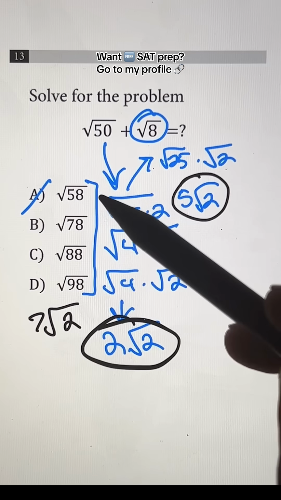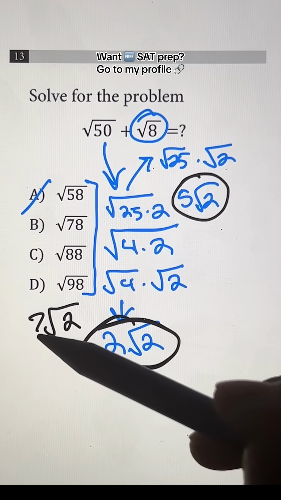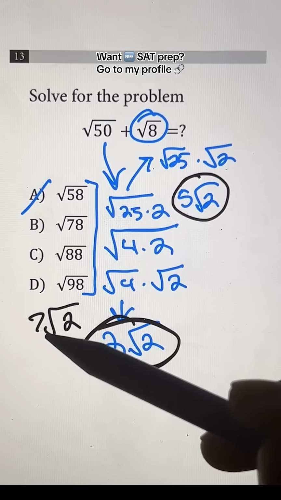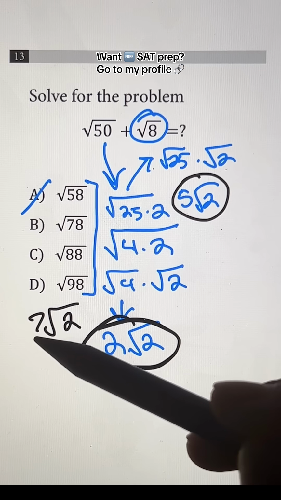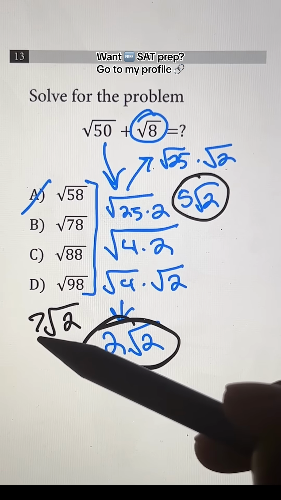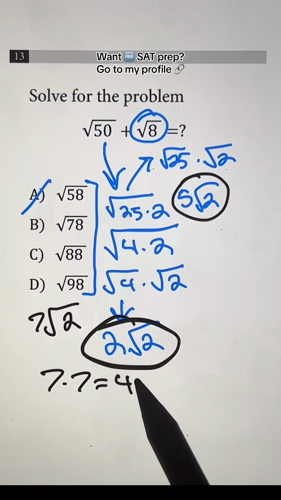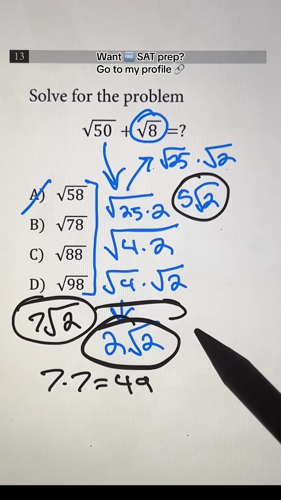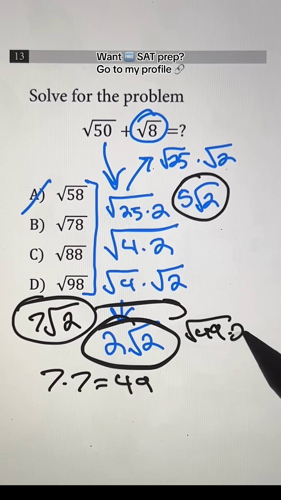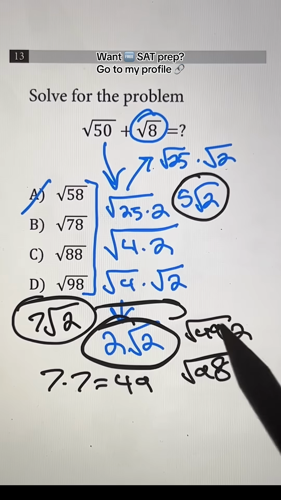but that's not any of the answer choices. So we have to turn 7 back into a square root. Now, the square root of a number is just what number multiplied by itself is going to be that square root. So to get 7 back into square root form, we just have to multiply 7 by itself. So 7 times 7 is going to be 49. So 7 times the square root of 2 is actually the same thing as the square root of 49 times 2, or the square root of 98. And that's going to be answer choice